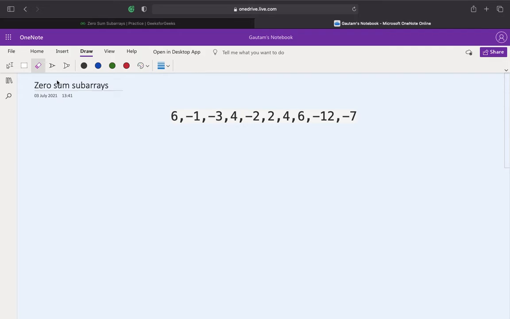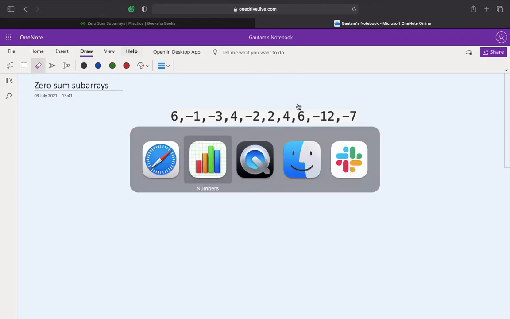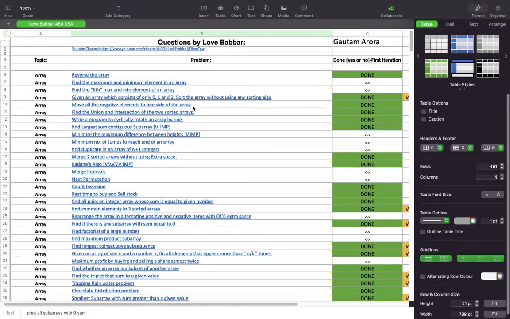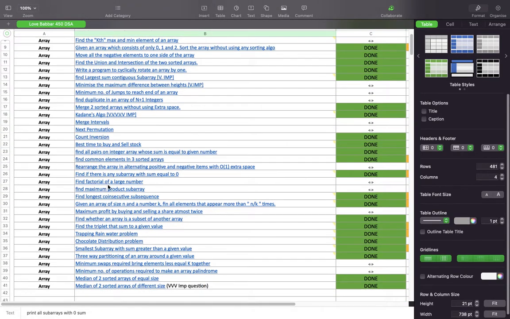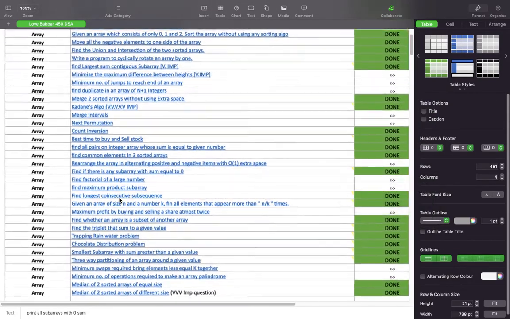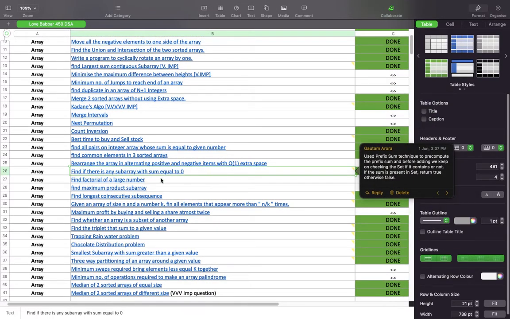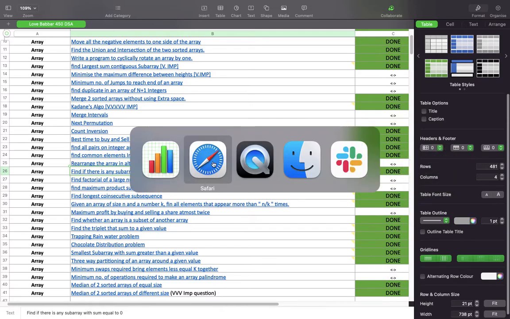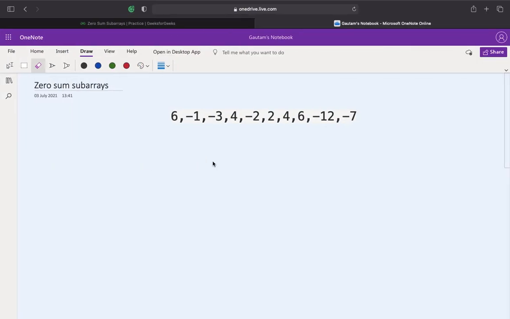I have made a previous video where I solved this question, find if there is a subarray with sum equal to 0. I'll link it in the I button so that you can watch it. I'd recommend you watch that video before solving this question, because we will be using the concept behind that question. The concept name is prefix sum technique.